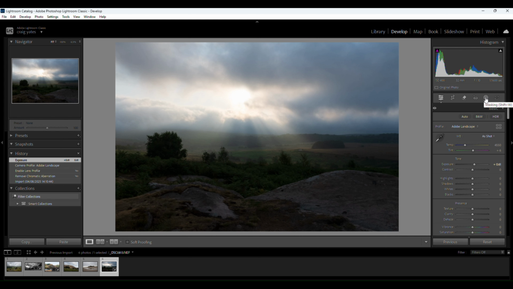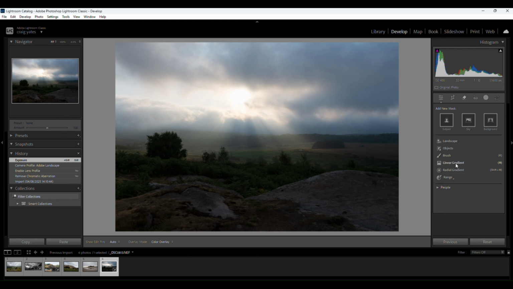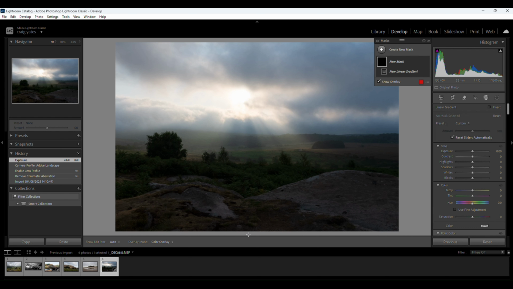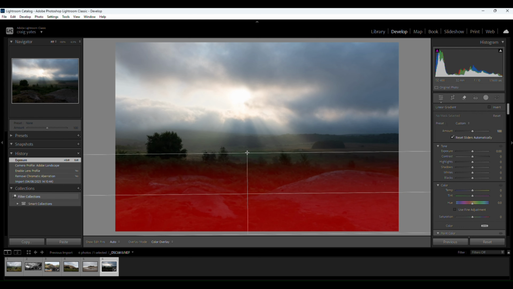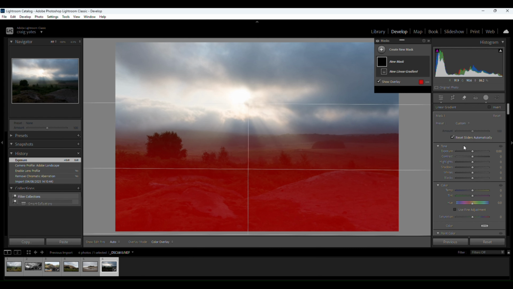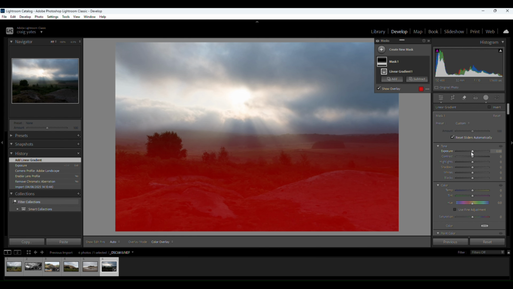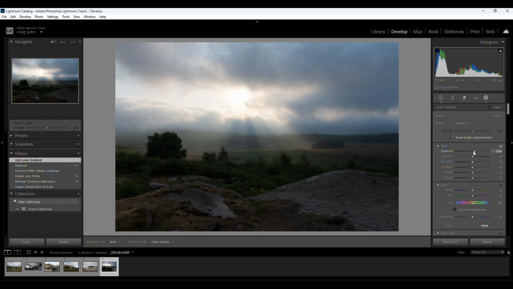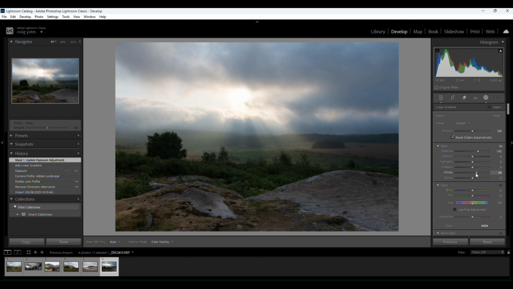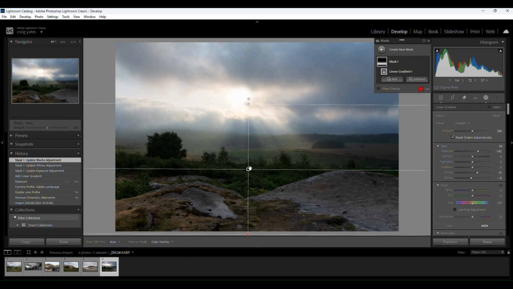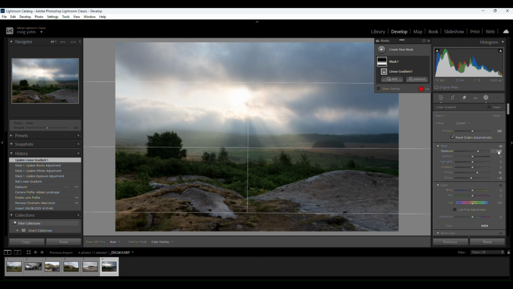We've chosen Adobe Landscape, and the first thing we're going to do is work on the bottom half of the scene. So we'll take a linear gradient and push the light up in the bottom. Let's make that a bit further. We'll push the whites up and take the blacks down. Okay, then we'll take a brush